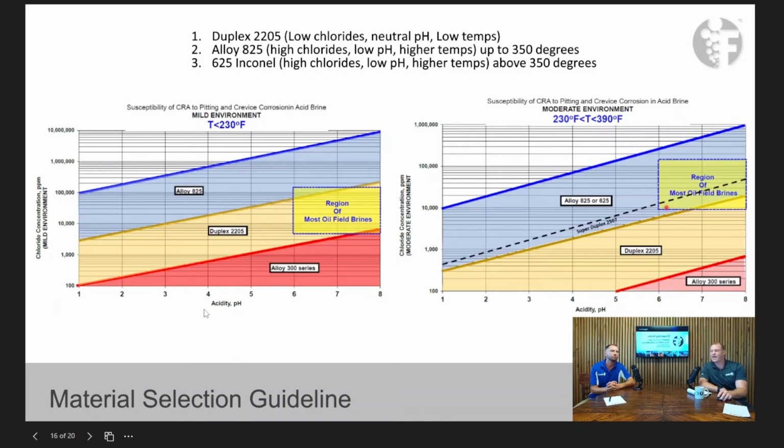And I know in places like Haynesville and Bakken, we usually have a higher ppm of chlorides, and of course our temperatures are usually a lot higher. So we see a lot of 825 alloys being run. That's correct. And then one other thing I always question about the material selection, say for an internal where you know you're going to be running that tubing multiple times,